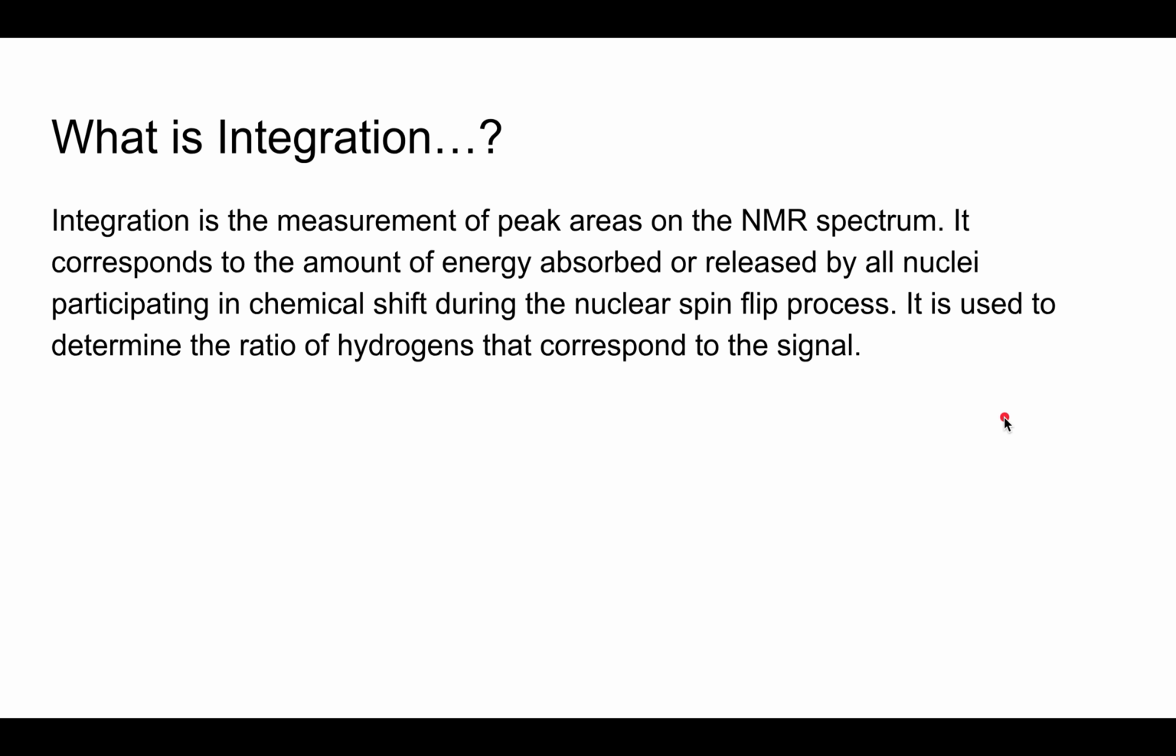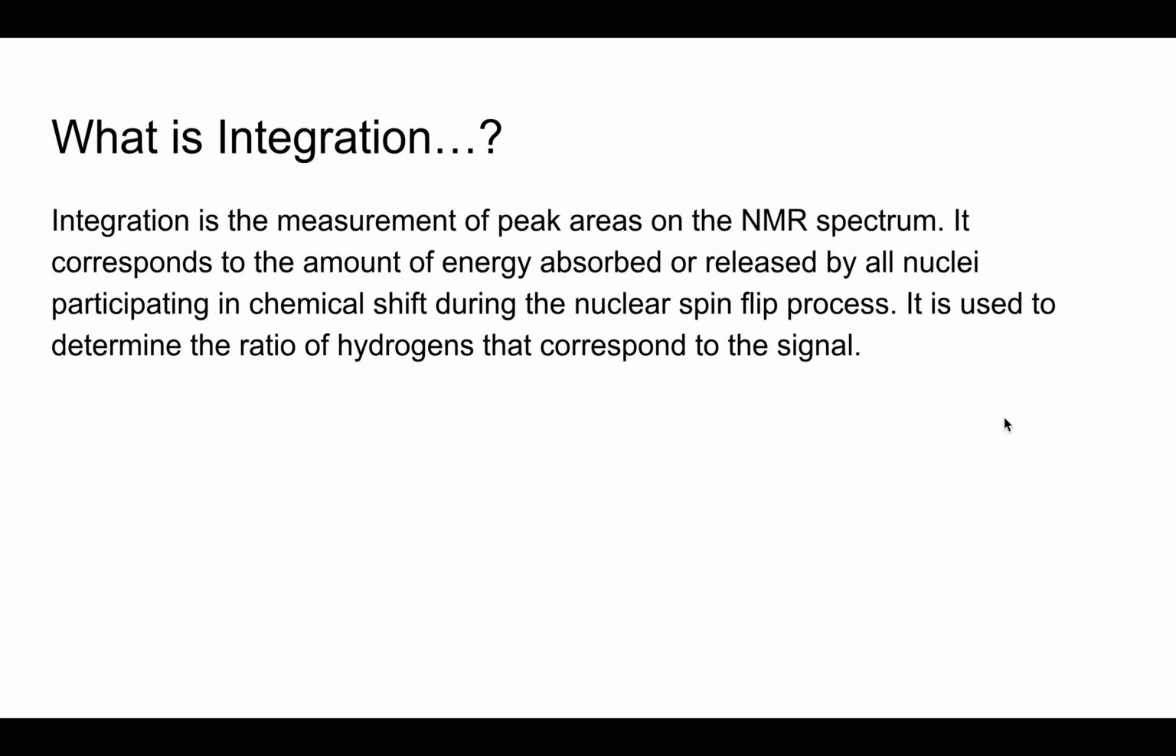Before moving forward, let's quickly go over integration. I want to remind that integration is the measurement of peak areas on the NMR spectrum. It corresponds to the amount of energy absorbed or released by all nuclei participating in chemical shift during the nuclear spin flip process. It is used to determine the ratio of hydrogens that correspond to the signal. And this relates to the information that you can find in the journal article on pages